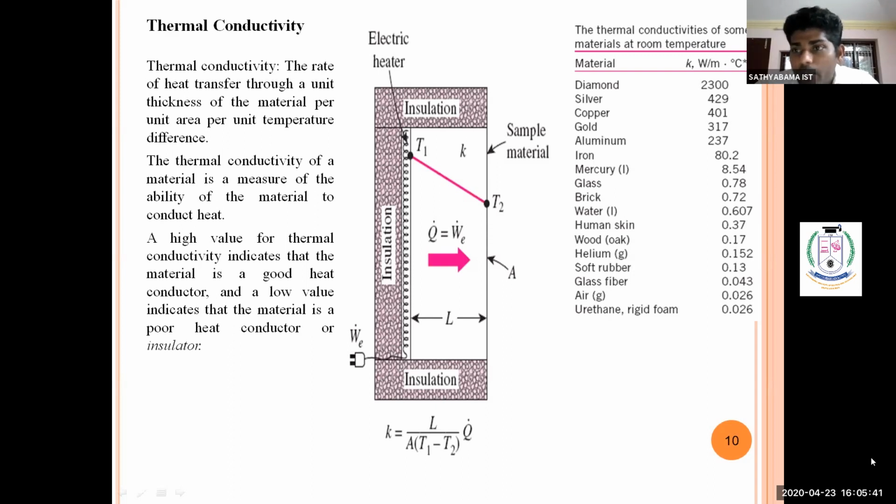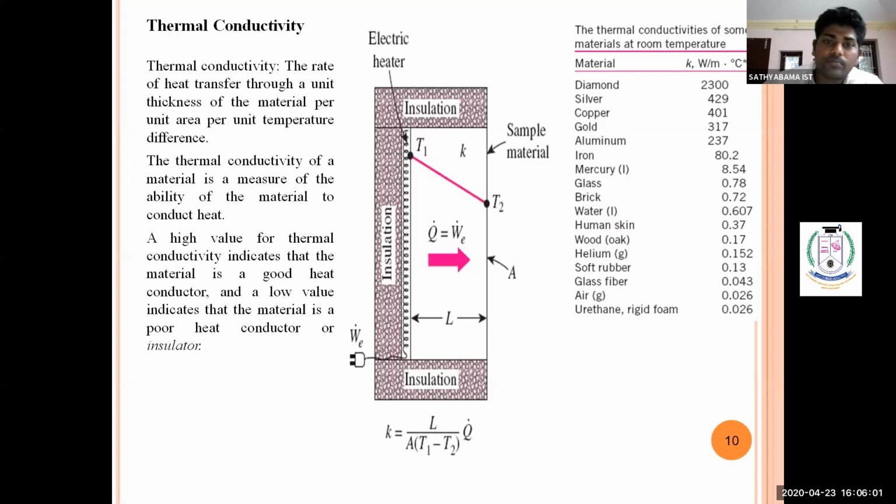I'll show the front page of that book in the last slide. The heat and mass transfer data book, author name is C.B. Gupta Raman. You can use that book and find the thermal conductivity value directly from it. If they give a different material, for example aluminum, you can directly take the thermal conductivity value from the heat transfer data book.